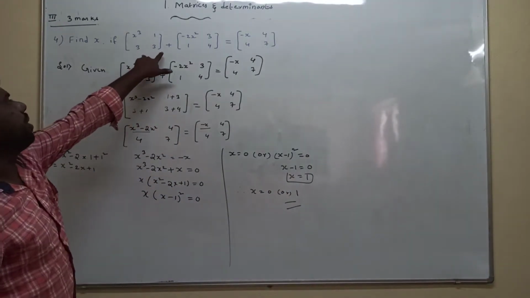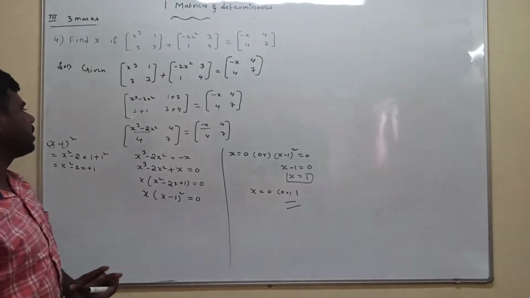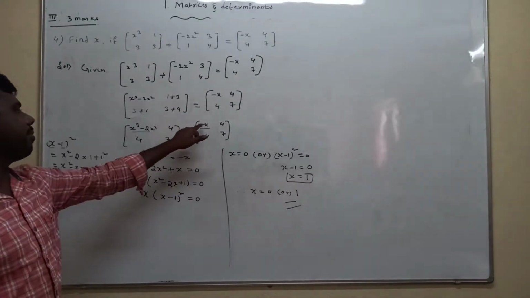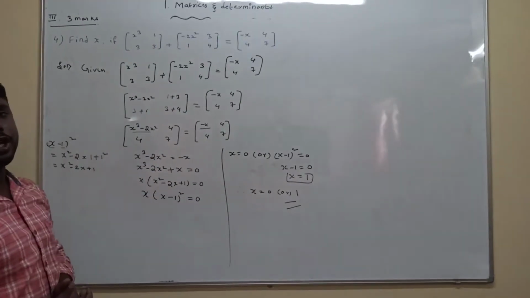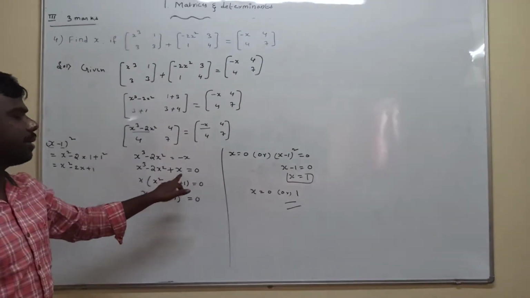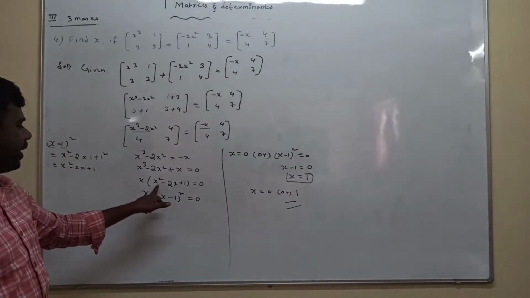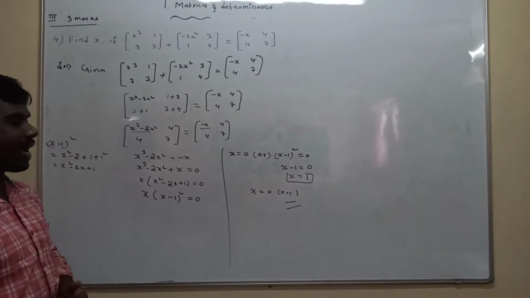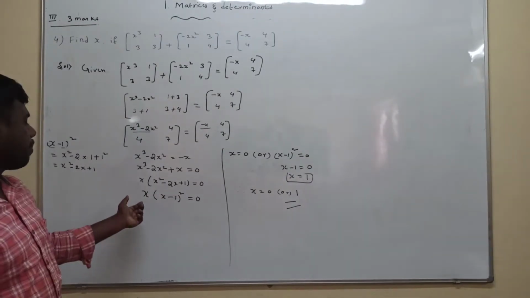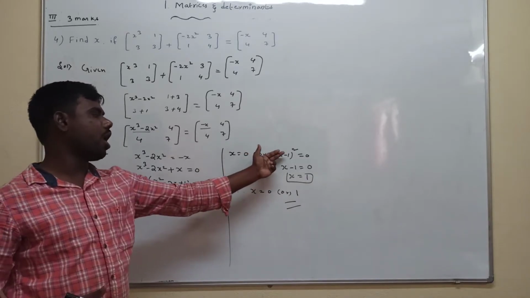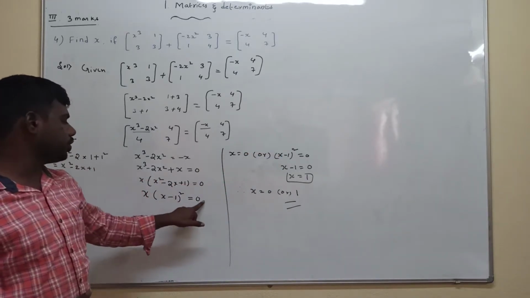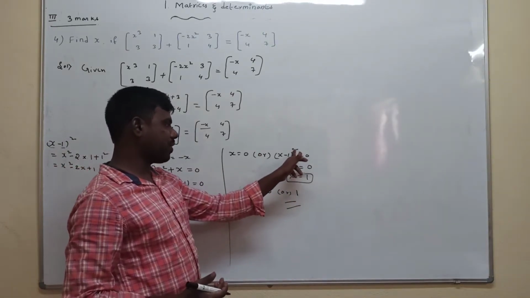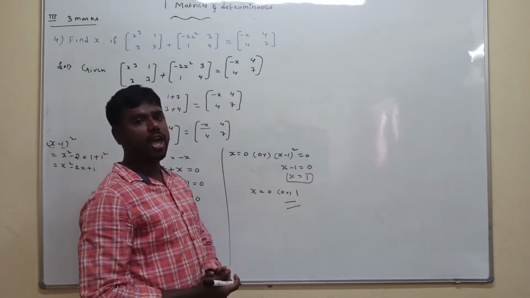First we add those two matrices by adding the corresponding elements, and finally we get one matrix. After that we equate the two matrices, since if matrices are equal, their corresponding elements are equal. Taking minus x to the left hand side, we get positive x. After that, in these three terms x is common, taking it outside, what is left is x square minus 2x plus 1 is equal to 0. X square minus 2x plus 1 can be written as x minus 1 whole square. Here, if the product of A and B is 0, then A equals 0 or B equals 0. Thus x is equal to 0 or x minus 1 whole square is equal to 0. Taking the square root on both sides, the square root gets cancelled, so x minus 1 is equal to 0, x is equal to 1.